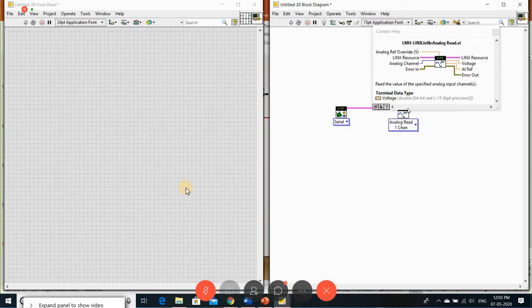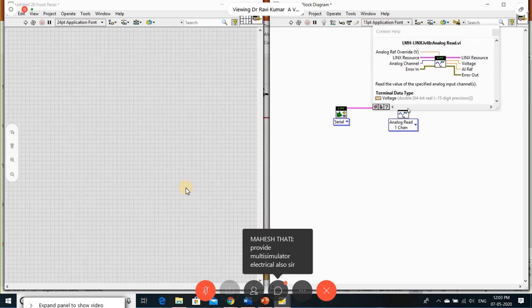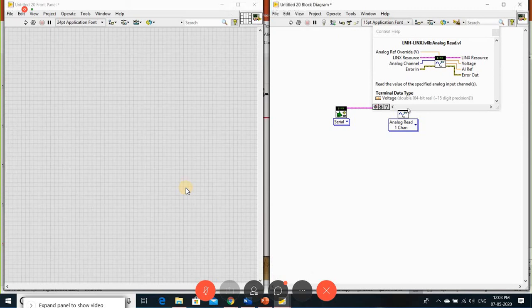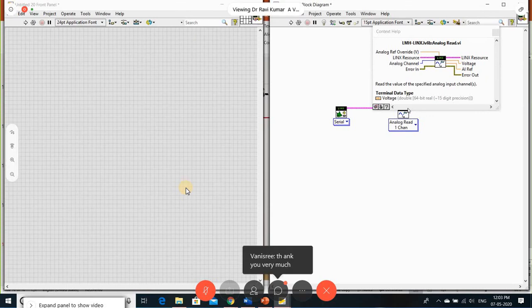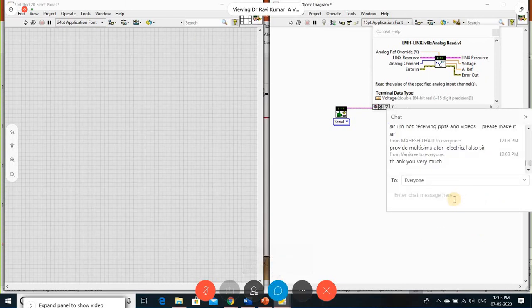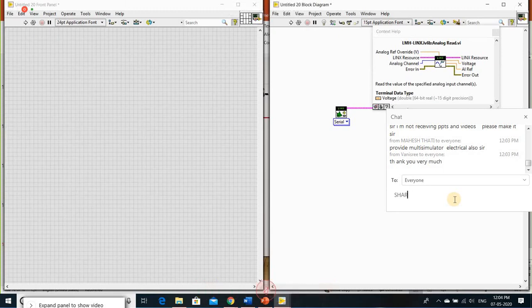Because the video is large, 1.5 GB or 2 GB, it is not possible to share directly. So that's the part we are scrutinizing, which is a very important part. Those things we plan to put onto that. And in Multisim, we can do electrical, mechanical, and electronics also. We are going to explain Multisim tomorrow.